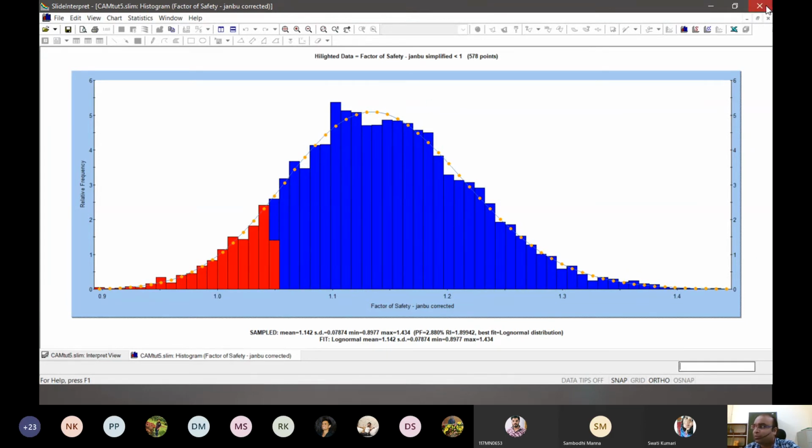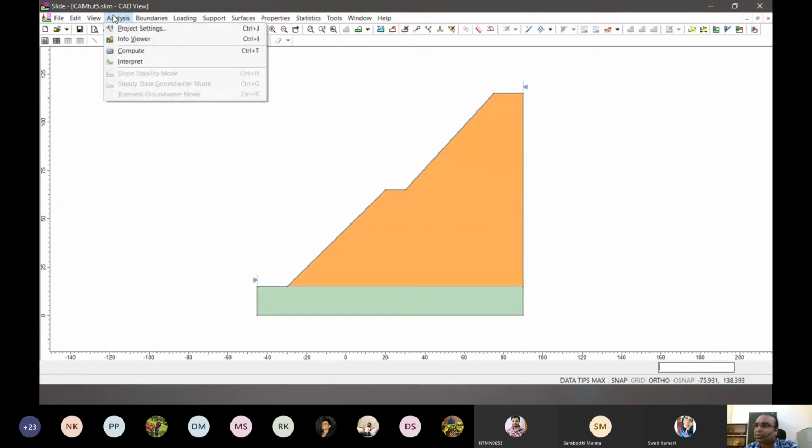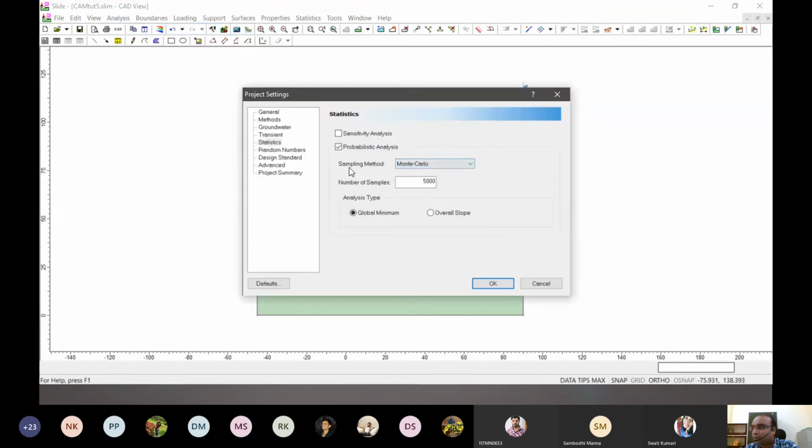Now, what I wanted to show you here was there is another function apart from Monte Carlo. In the sampling method, you see there is this Latin hypercube.